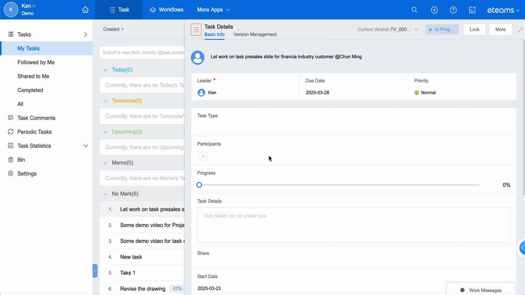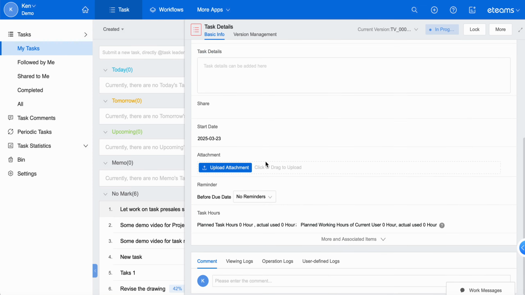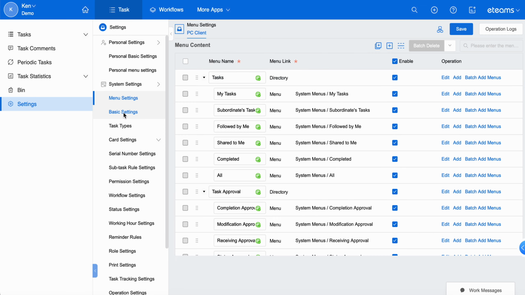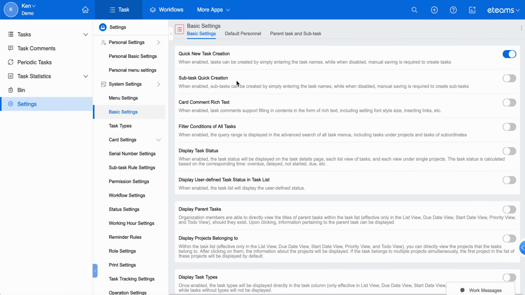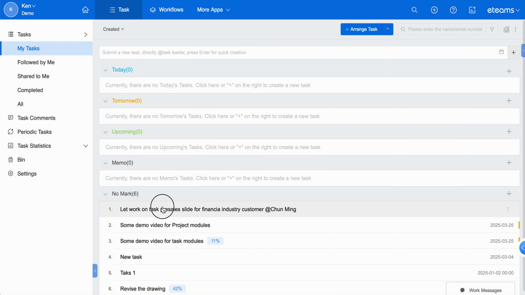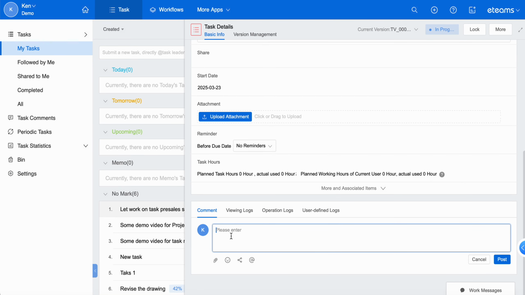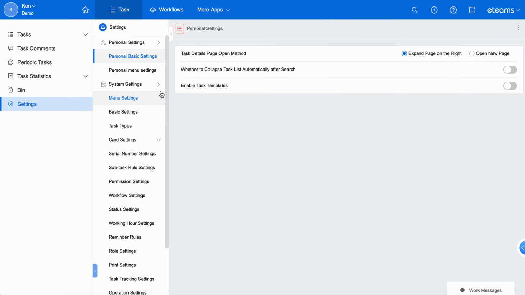With this, we can easily create a new task that is called quick start. Let's go back to here. The subtask quick creation works in a similar way. Next is comment rich text. Comment rich text is like our current task comments. Let's go back to here. It's just a simple text area here. You cannot insert an image, but if you open this one,